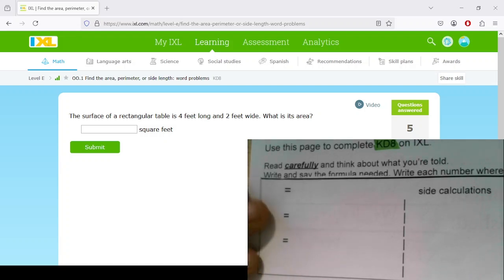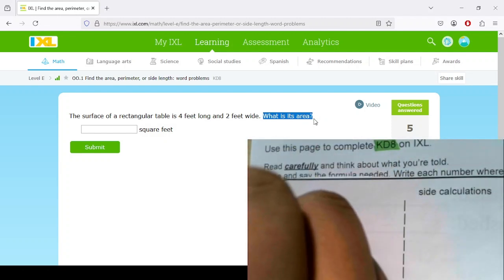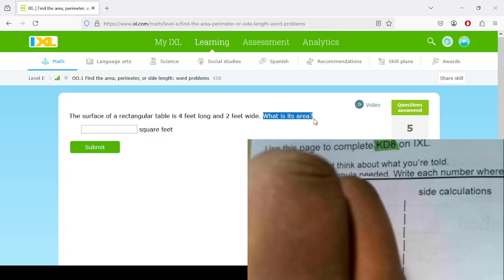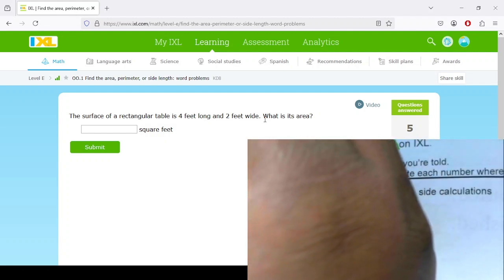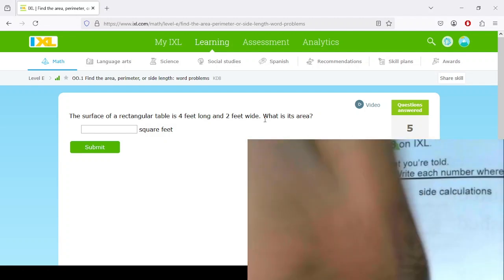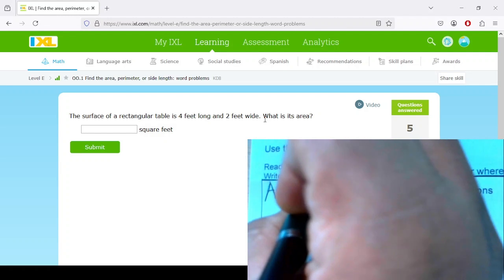Now here's an example from KD8 on finding the area. My question is, what is its area? I find the actual question word and the actual question mark. What is its area? So I'm expecting to find the area. The surface of a rectangular table is 4 feet long and 2 feet wide. What is its area? So the area of a rectangle is calculated by multiplying the height